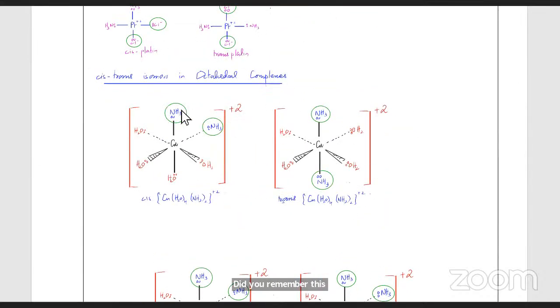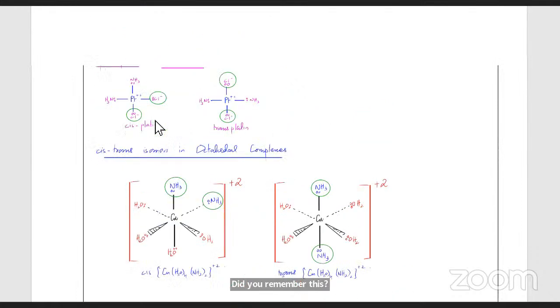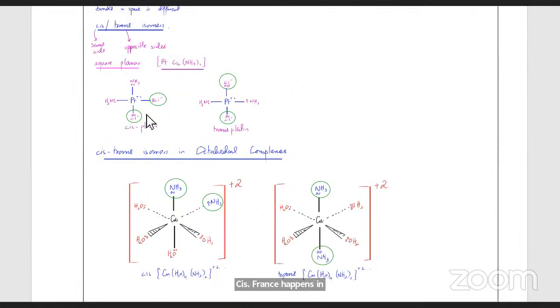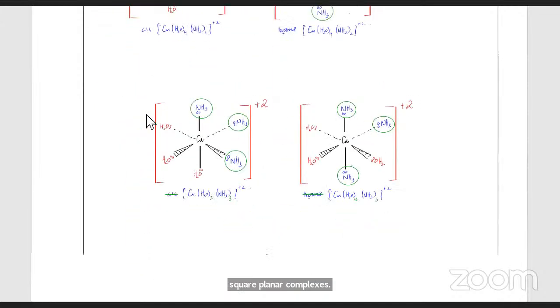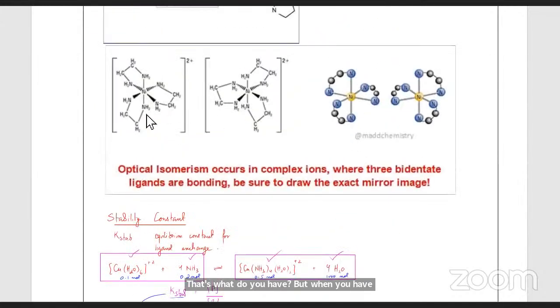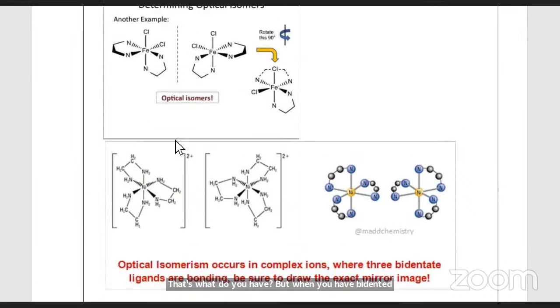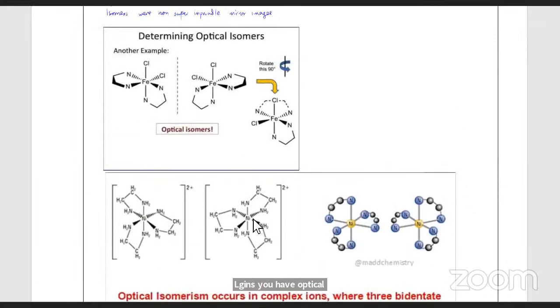Cis trans happens in octahedral complexes, and in square planar complexes. That's when you have cis trans. But when you have bidentate ligands, you have optical isomerism. That is, you've got 3 bidentate ligands, so they're going to have mirrored versions of each other. Or you have 2 bidentate, and on 2 sides you've got monodentate ligands. Even then you have